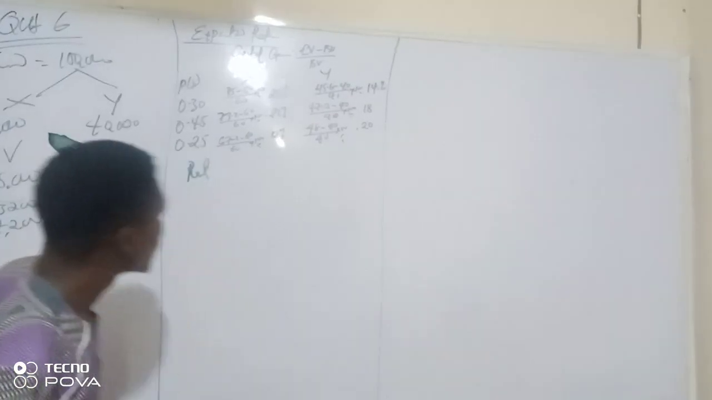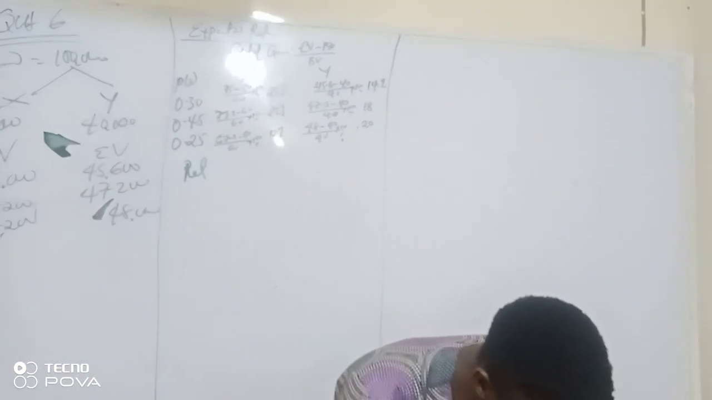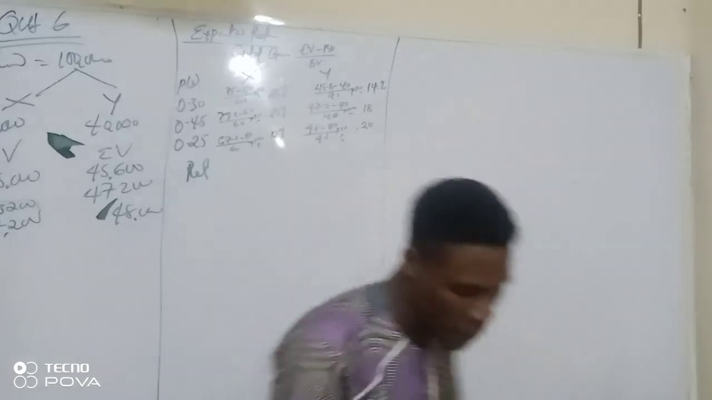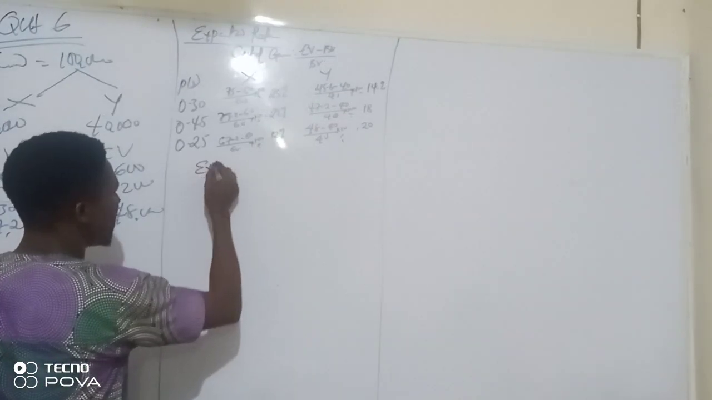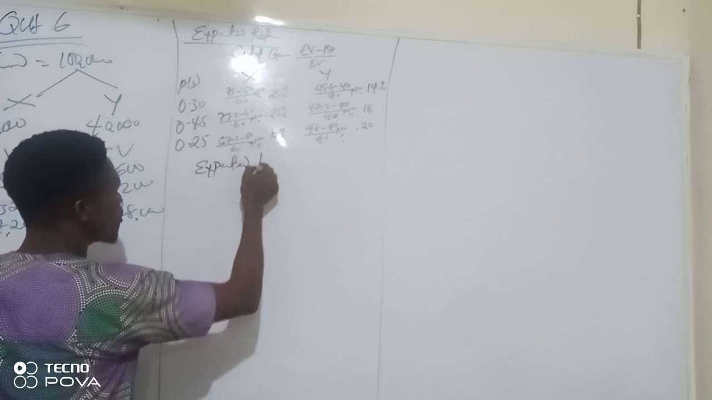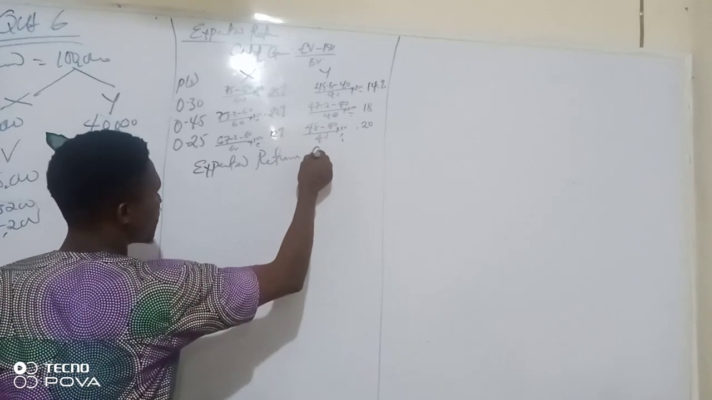So I'm trying to ask you one question. Calculate the expected return now. So therefore, the expected return for X